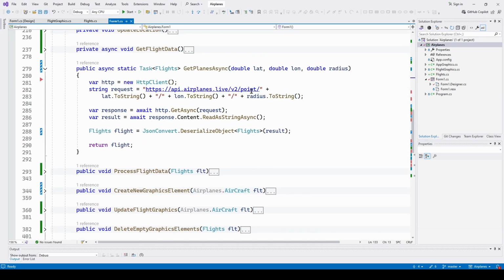But here is our method that's going to go out and grab the data. So it's public, asynchronous, static, and returns a task of flights, which is a class that has all the flight data. We're going to call it getPlanesAsync, and we're going to say var http is a new HttpClient. And here we're going to develop the string that we have to send to request the data. And really it's very simple. We're going to call it request. It's a string